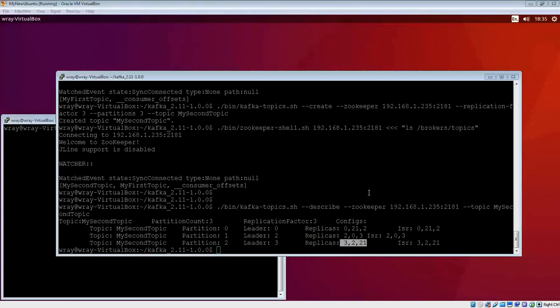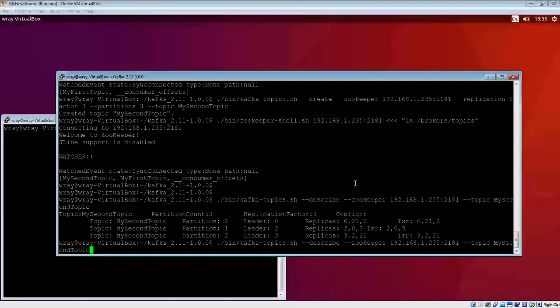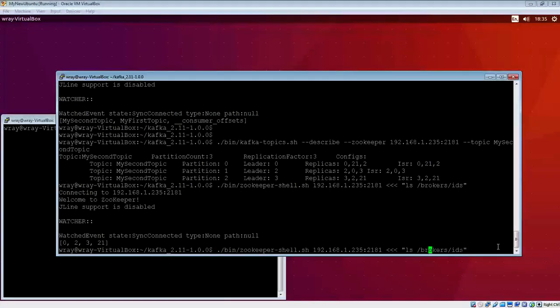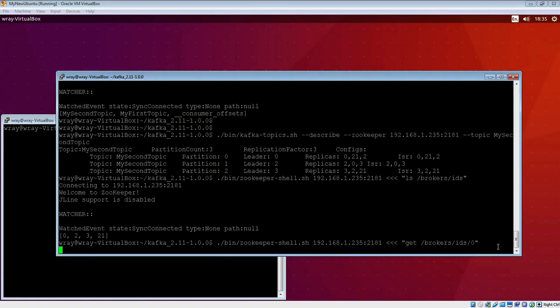Right, I thought what I'd do is have a little bit of a look round on brokers. We did some work previously, and if I go and have a look at our particular zookeeper, which is on this particular IP address, and we look at the broker IDs, we can see how many brokers we've actually got. And if I then go and get a little bit more detail on those brokers, and in particular if I look at broker 0,